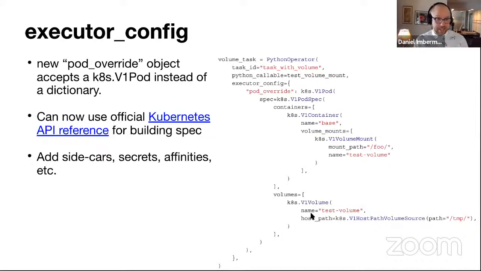pod that is running. And you can now use the official Kubernetes API reference, so you have access to all of that documentation. And this makes it arbitrarily easy to add in a sidecar container, or add in a secret or a